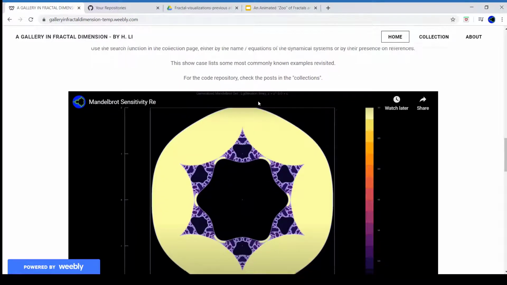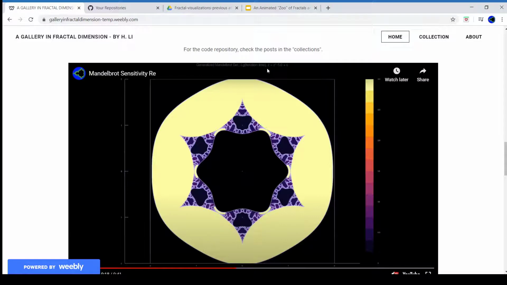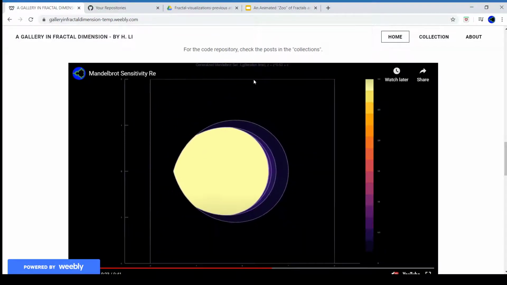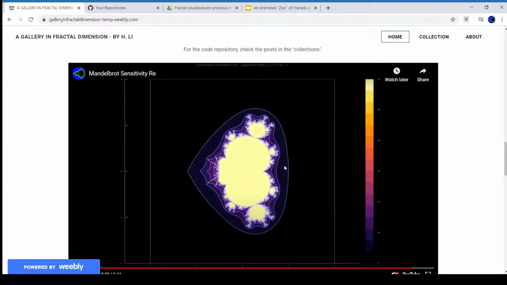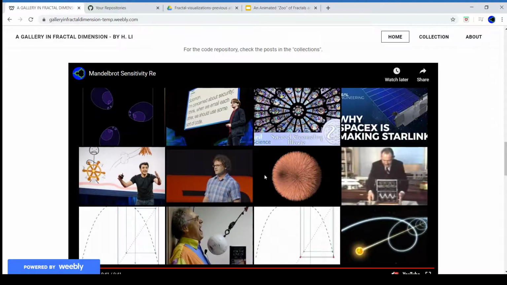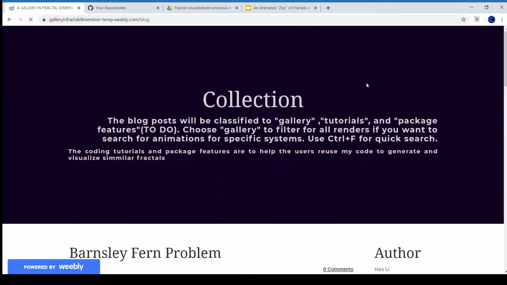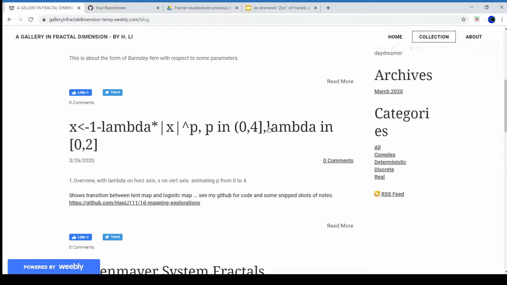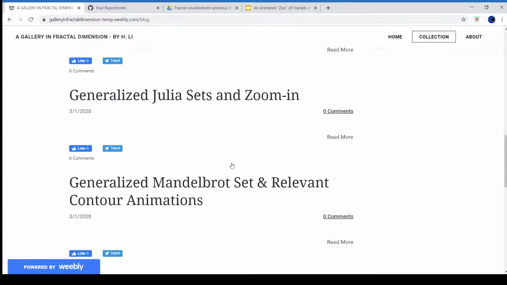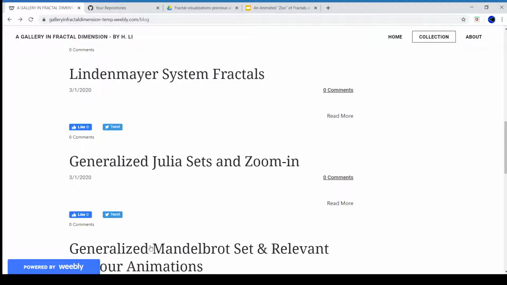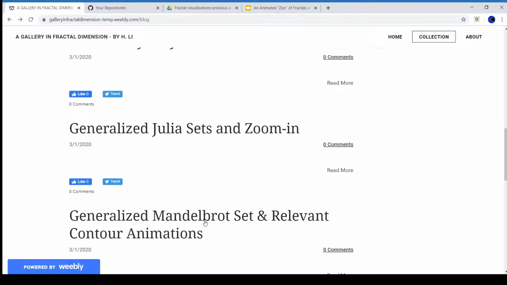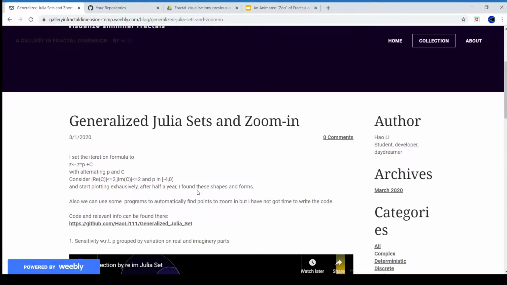and by changing the iteration expression z assigned to z squared plus c to z assigned to z to the power of p plus c, and by varying the expression p, we can get what they call the field contour. It's contour field with color. We can get a field contour animated. But I'll probably organize this in a better way in the future. By the time you see this video, I've done this in a separate page. This is called generalized Mandelbrot set and relevant contour animations, and we can always do this for Julia set,